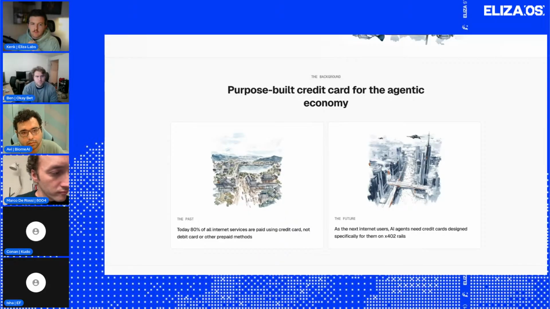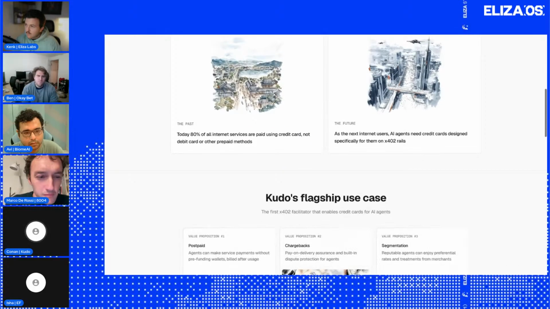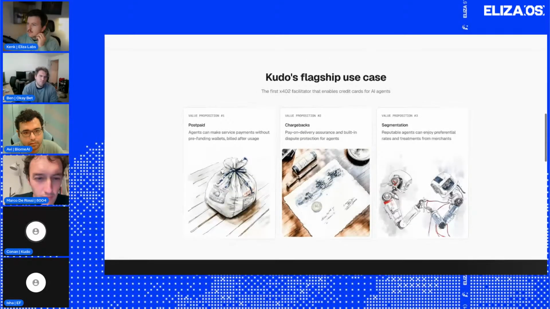So we believe that it's crucial to enable credit card-like payments for AI agents on X402 in order to unlock some key benefits for AI agents, right?